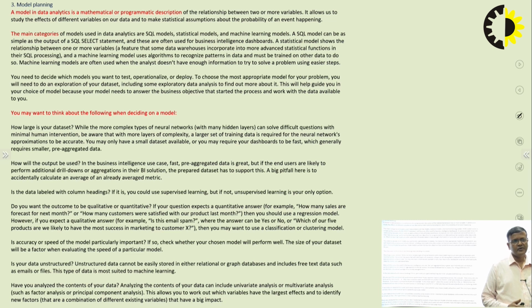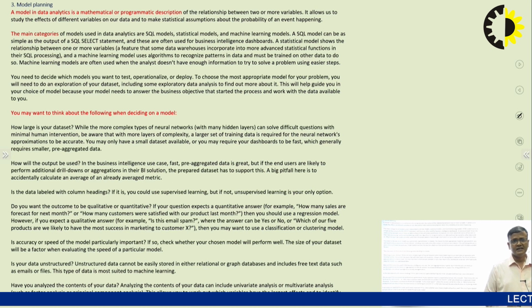Then another point to think upon is, have you analyzed the contents of your data? Have you gone through it in detail? Analyzing the contents of your data can include univariate analysis or multivariate analysis, such as factor analysis or principal component analysis.